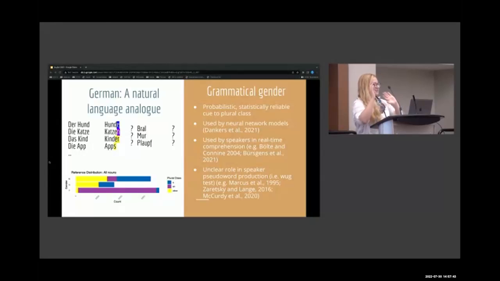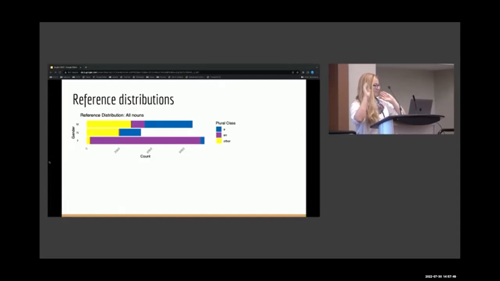So, okay, we've got the basic framework. We want to use this setup. We have our reference distribution, which is, again, the lexicon of German as a whole. However, because this is not an artificial language learning experiment and we don't have perfect control, we can't be sure that this is really the appropriate distribution. In particular, there's a lot of other confounds in the lexicon that could act on both of these classes. Sort of phonology can predict both, derivational morphology can affect them.